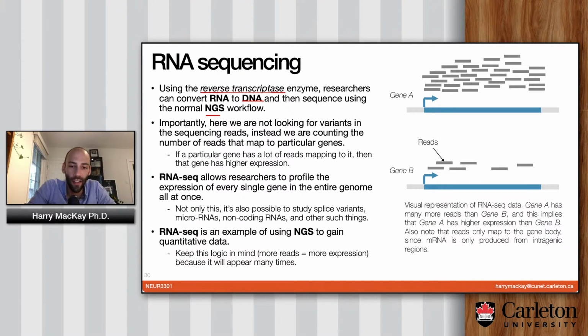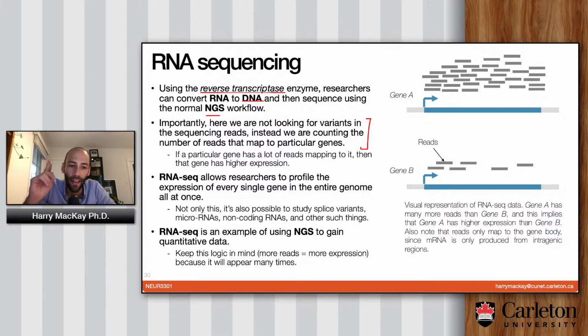And then here, you're not necessarily looking at variants in the reads. You're not trying to tell if somebody has a mutation or not. You're just trying to tell how much of a given RNA molecule they had. Because gene expression is related to how many copies of a messenger RNA are produced. So if a person has a lot of mRNA, it means that they're expressing that gene at a fairly high level. And if they don't have very much, they're expressing it at a fairly low level. So you take the RNA, you use reverse transcriptase to convert it to DNA, and then you put that DNA